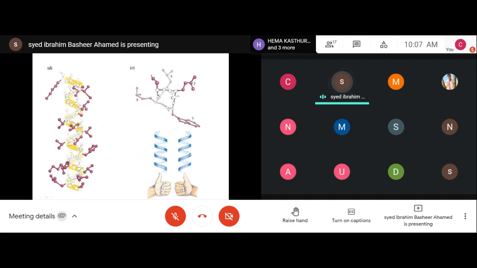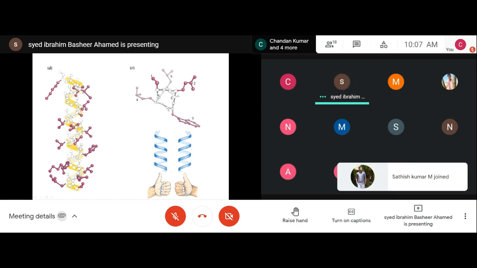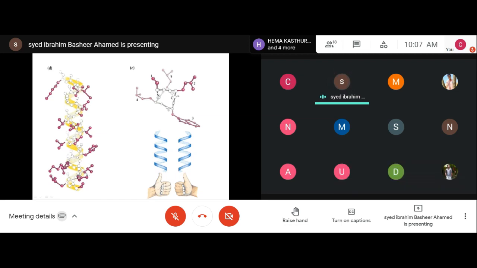So the naturally occurring alpha helix that we see is only the right-handed alpha helix. Only in very few structures are these left-handed alpha helices observed, but most often we see the right-handed alpha helix. Here, the secondary structure arrangement of the alpha helix will tell you one important piece of information.